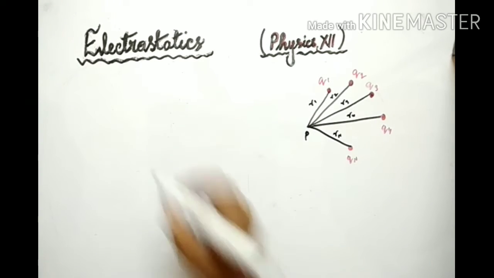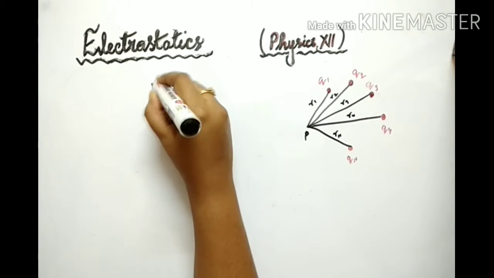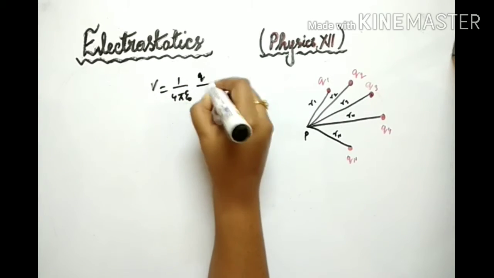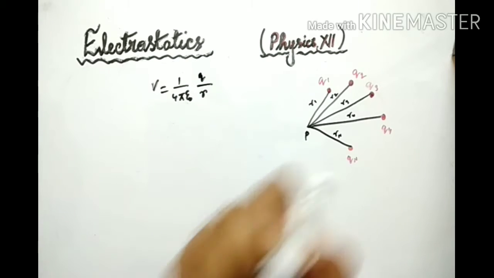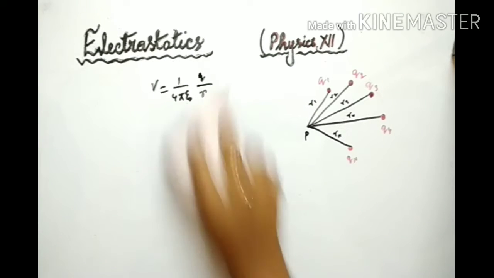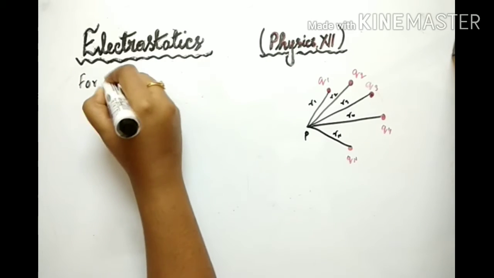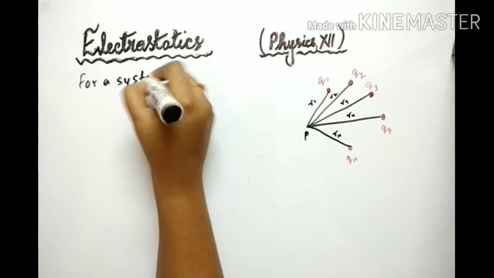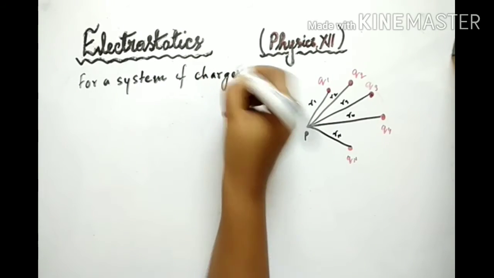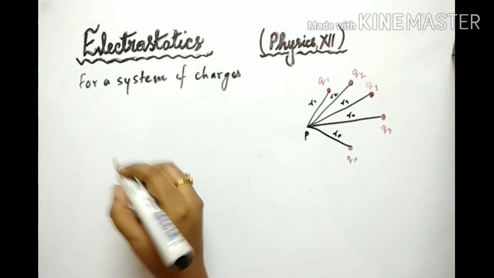Now in our previous class, we have studied that potential due to a point charge is given as 1 by 4 pi epsilon naught Q by R. This is the point charge. Now for a system of charges, like this is a system of charges, suppose. So then